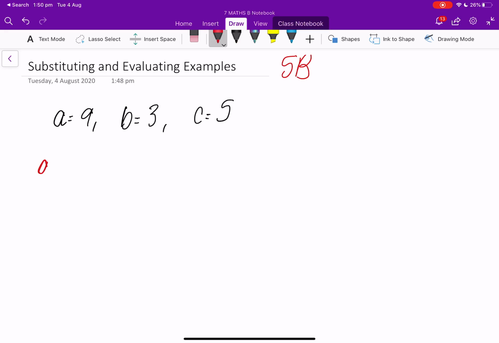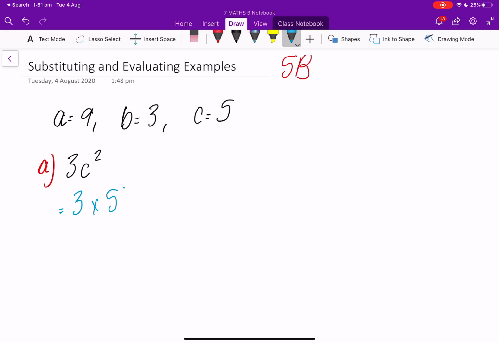Now the first question is 3C squared. Okay, so C is 5. So whenever we see a C, we have to just replace it with 5. So that's substituting. So 3 times